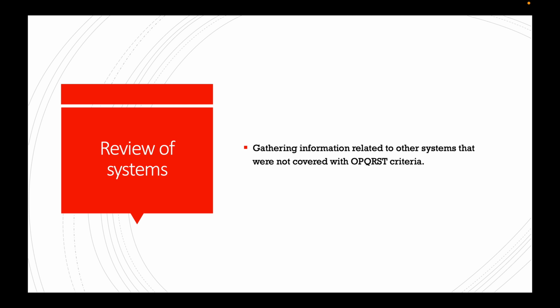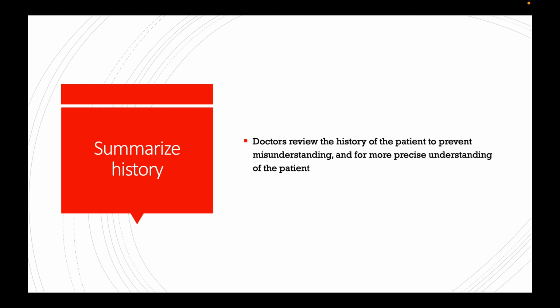The next step is the review of symptoms. So this is where you gather information related to other symptoms that were not covered in OPQRST criteria. And then the next step is summarizing history. So this is where doctors review the history of the patient to prevent misunderstanding and for more precise understanding of